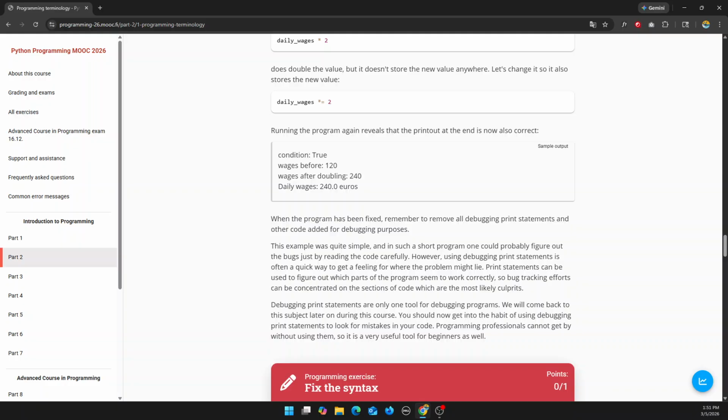Debug and print statements are only one tool for debugging programs. We will come back to this subject later on during this course. You should now get into the habit of using debug and print statements to look for mistakes in your code. Programming professionals cannot get by without using them, so it is a very useful tool for beginners as well. Now, if you're wondering